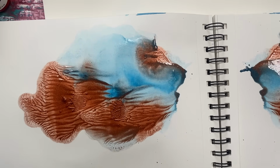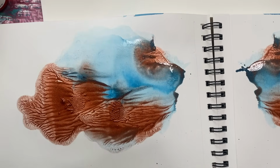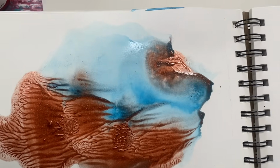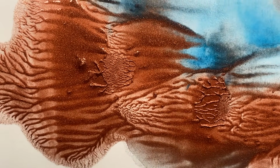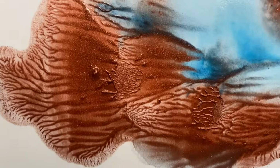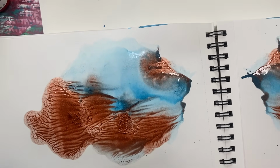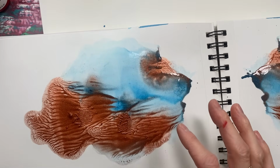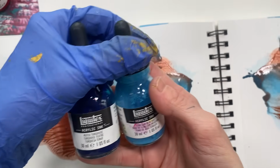the left side. And I want you to look at how much texture came with the iridescent copper. So I'm just gonna hold it up. See how the iridescents are a little bit thicker and that texture. And then of course, when we bring in light, the shimmer that you can get is so beautiful. And then I want you to compare that to the cerulean blue and the muted turquoise, and